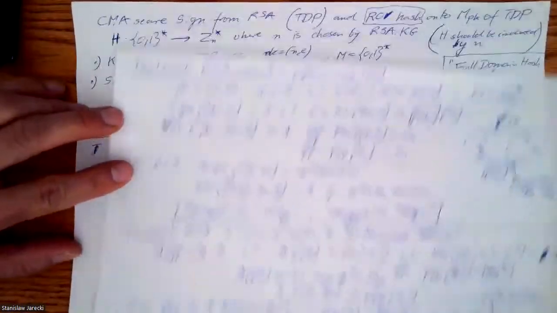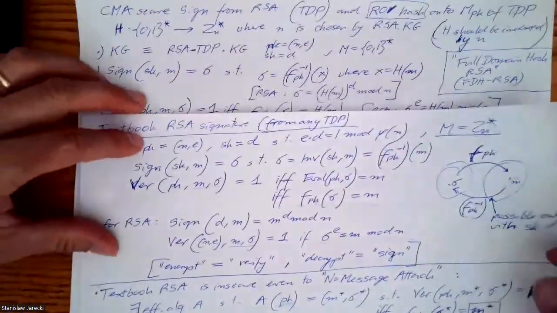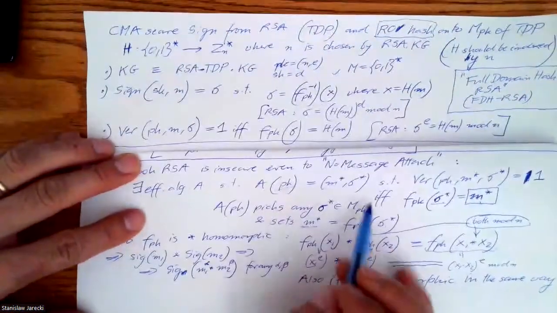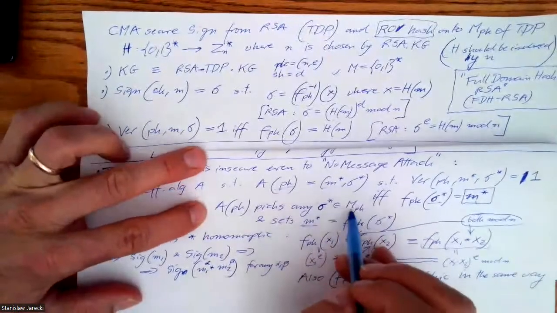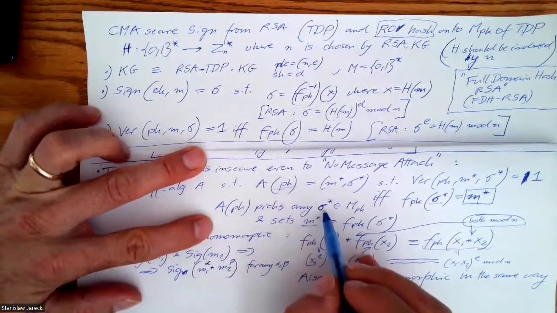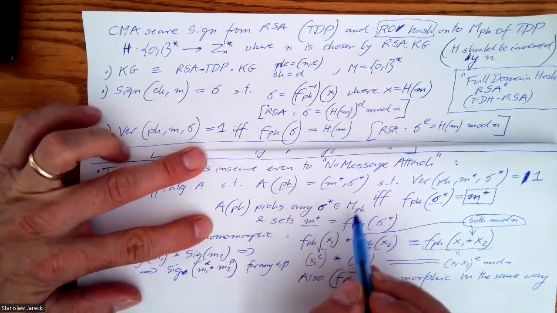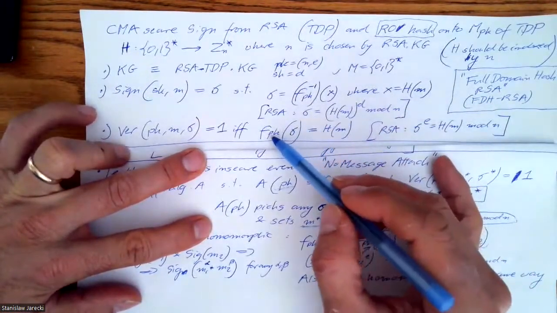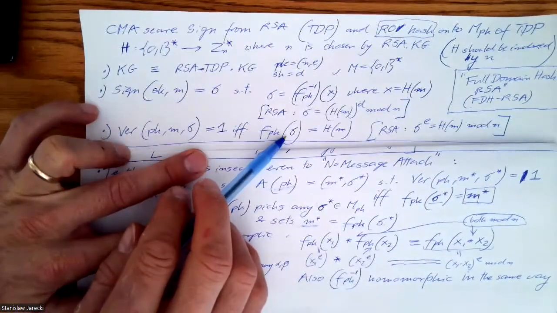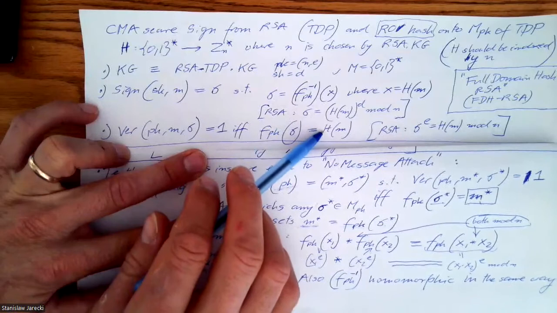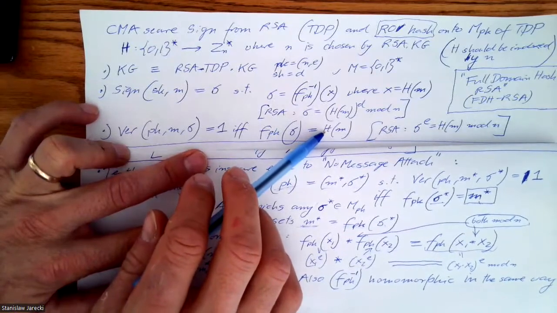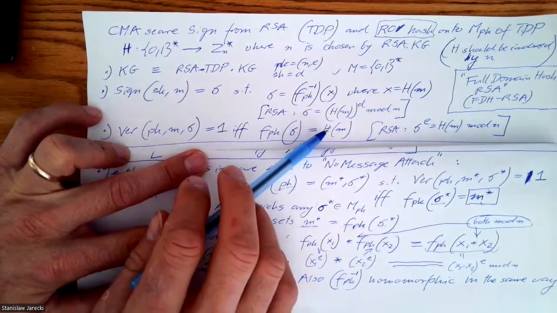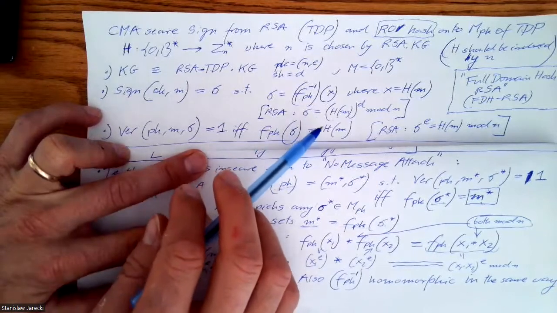So maybe intuitively, let's see how come these particular attacks are no longer valid, right? Well, try to do the same here. So you pick any element in the message space and you compute forward. Well, this no longer works, right? Because if I pick a random sigma star and compute it forward, now I have to invert the hash function. And the hash function is a random oracle. So I'm unlikely, right? It's not only collision resistant, it's actually